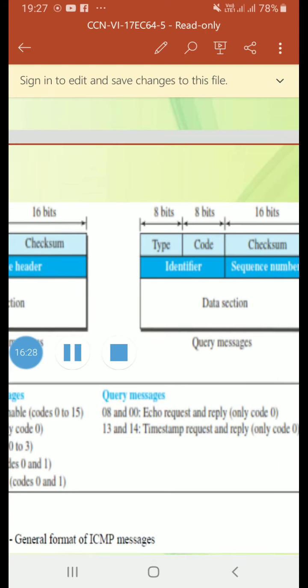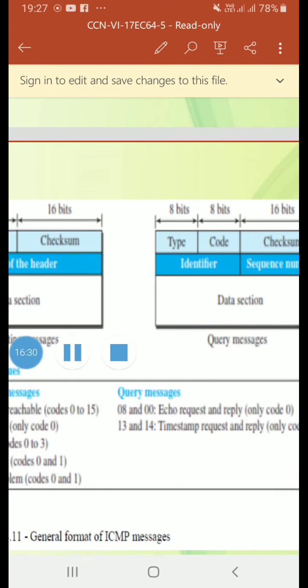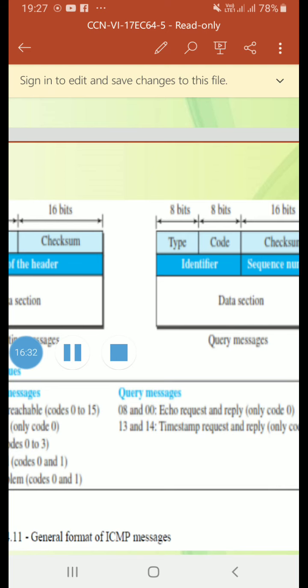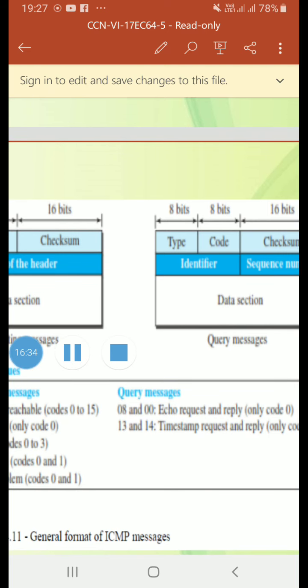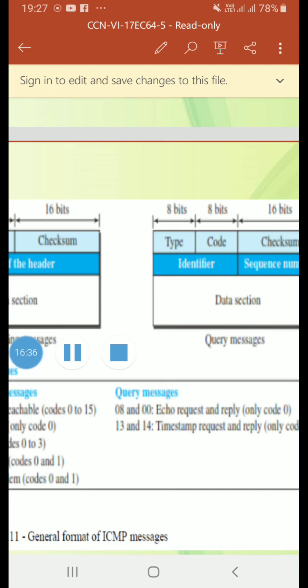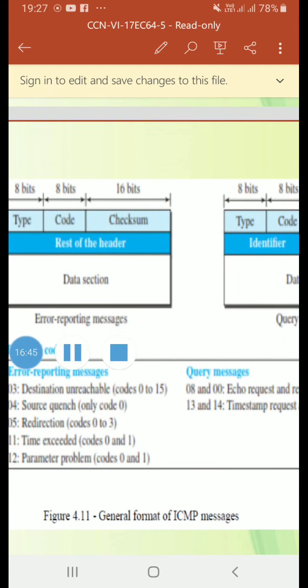It has an 8-byte header. When we see the figure, the first field is the ICMP type. It defines the type of the message.